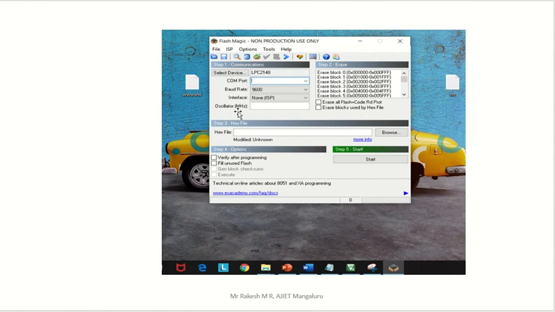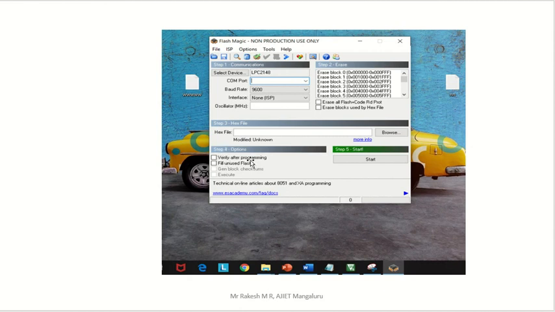Then we have the oscillator. This is very important. In the previous experiment with Keil also, we set the oscillator, that is the clock, to 12 megahertz. So here 12 megahertz is fixed, and we have to type 12. If there is already a 12, no problem, otherwise you have to type 12. Normally if your kit is connected to your computer, you will get 12 here. Then here we have two options, both are blank, tick any one of them. Then here also we have two options, both blank.